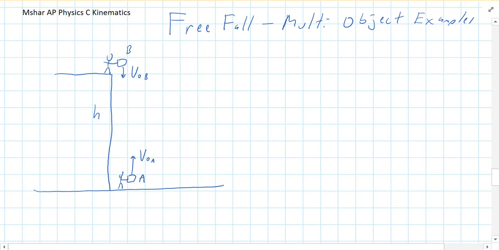And the person at the bottom is going to throw their book upward with an initial velocity of v naught a, and the person at the top of the building is going to throw their book downward with an initial velocity v naught b. Okay, and what we're going to determine is when and